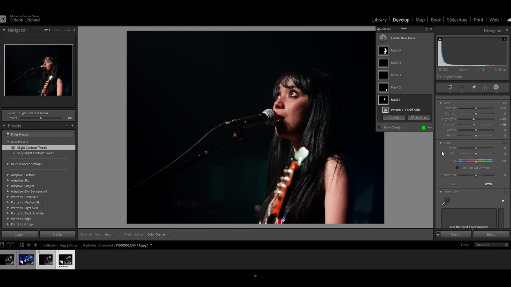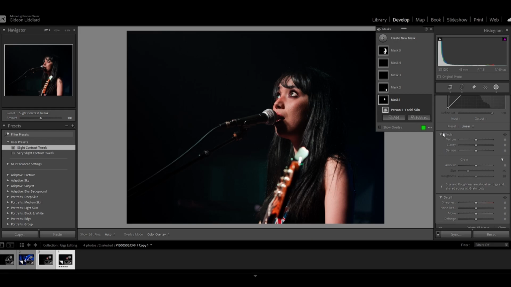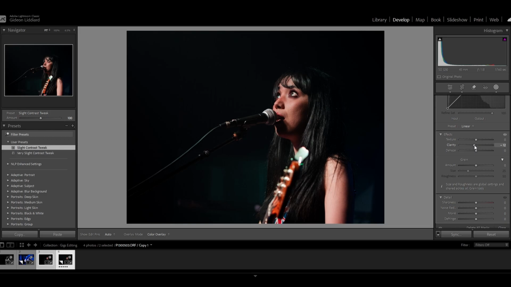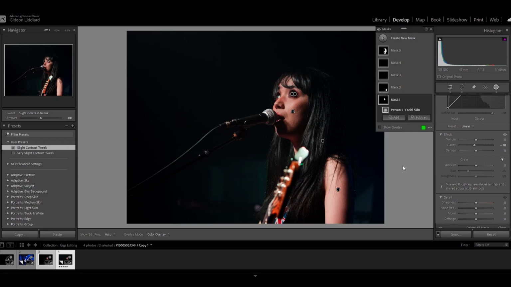Looks very natural. Now, one thing I will occasionally do is come down to effects and use the clarity slider just to take a bit of clarity out of the image there. So not too much, round about there will do. It doesn't remove texture from the skin, but it can just even up the skin a little bit and be a little bit more flattering. It's a personal choice as to whether you use it, but I'm a big fan of it in the right circumstances. But there we go, that has made a huge difference to the skin there,